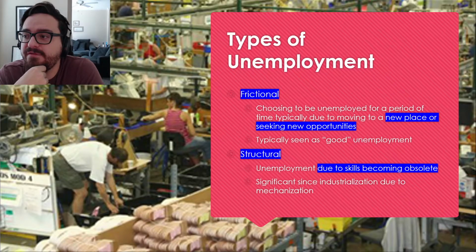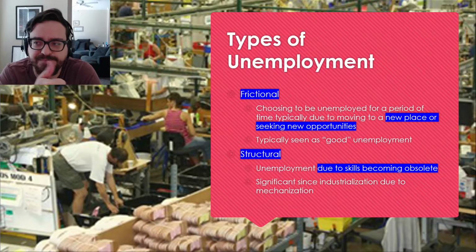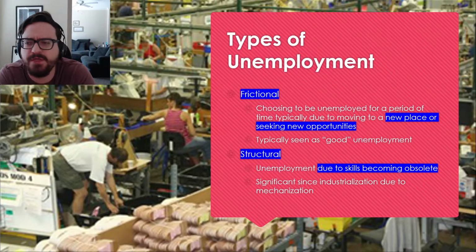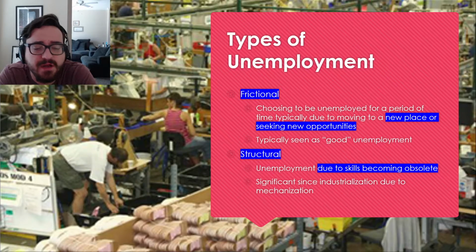Okay, we should have some frictional unemployment. Now, having like 20% frictional would be bad, but having a little sprinkling of it there, totally fine. We should have some of that. If you have zero frictional unemployment, it means you have no opportunities in your economy. There's no economic freedom or mobility. That would suck. You don't want to have 0% frictional.